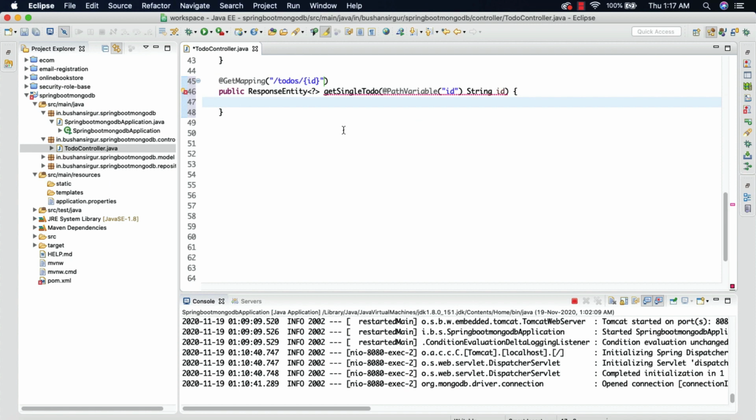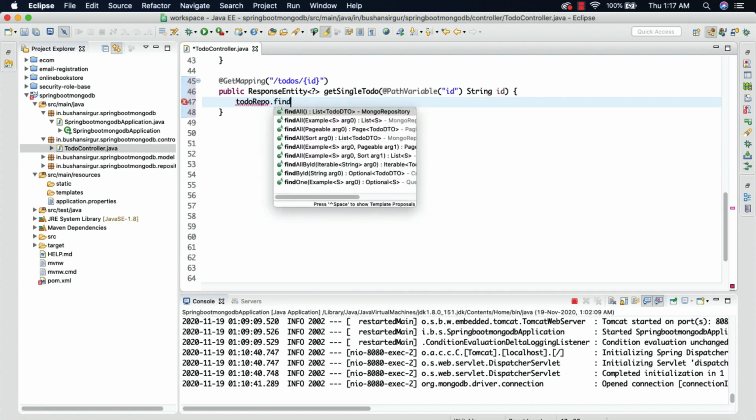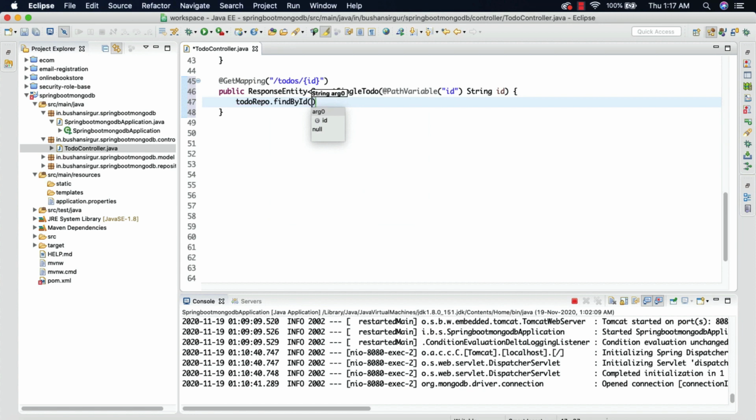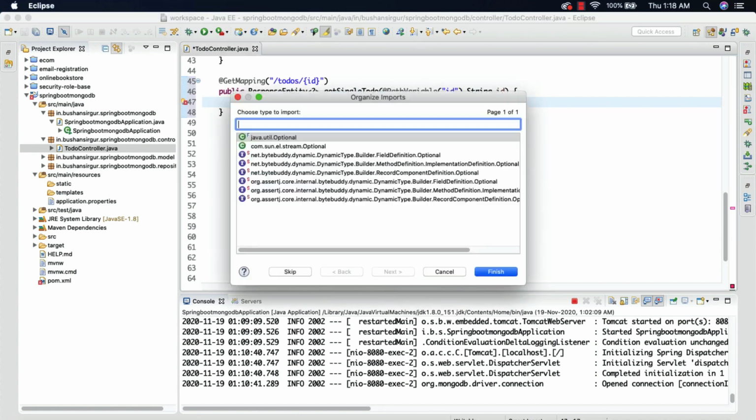and inside this we're going to make use of the to-do repository to get the single, we're going to find the to-do by ID. So to-do repo dot findById, and we're going to pass the ID, and this is going to return an optional to-do. So Optional ToDoDTO, and I'm going to call this to-do optional, and let me import this Optional from the util package,